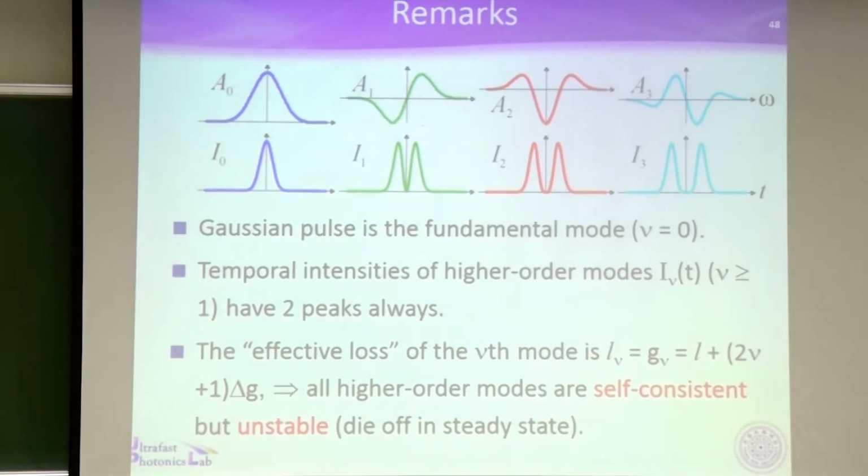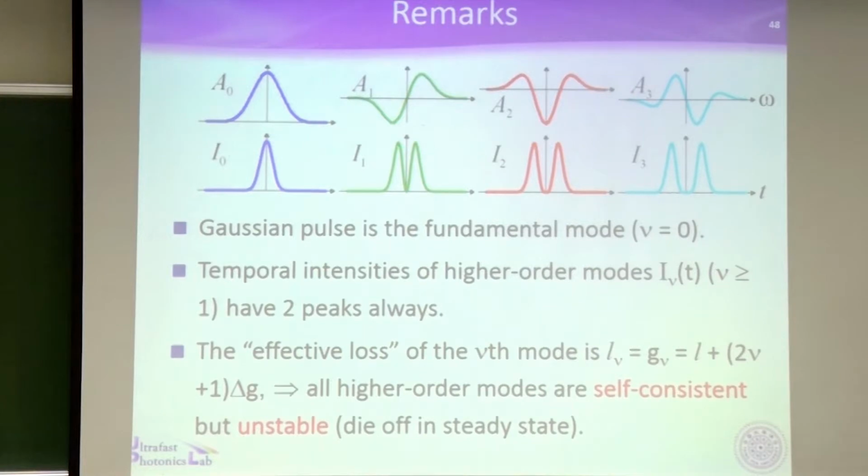So what does this mean? Self-consistent. That means all these solutions satisfy the self-consistency condition. So if you send something like this into your active Monarch laser cavity, they will survive if there is no perturbation. So after round trips it remains the same. It satisfies self-consistency. But they are not